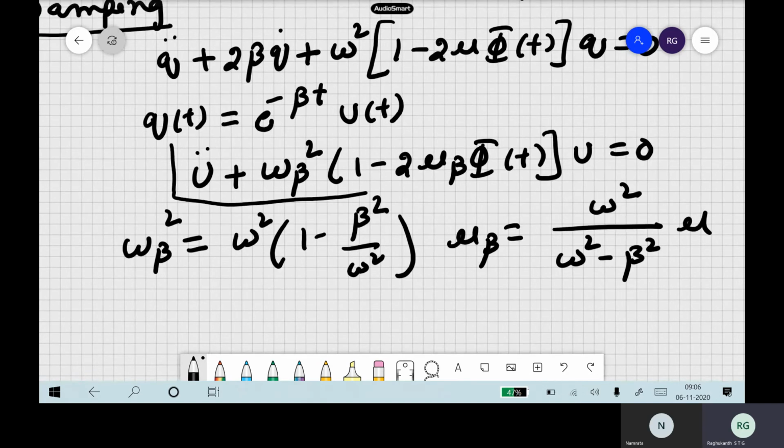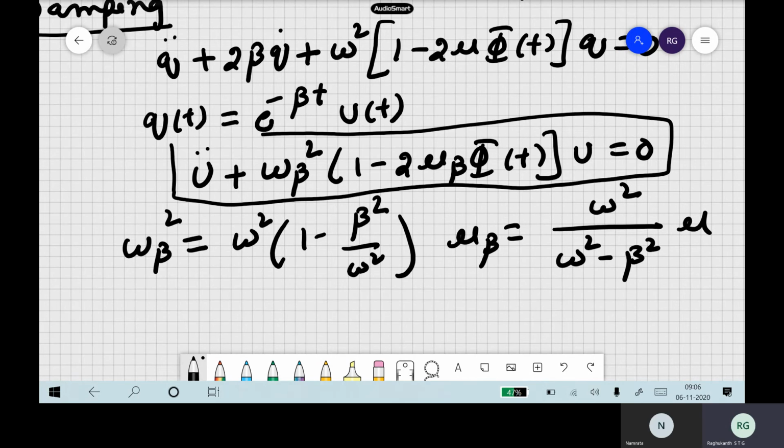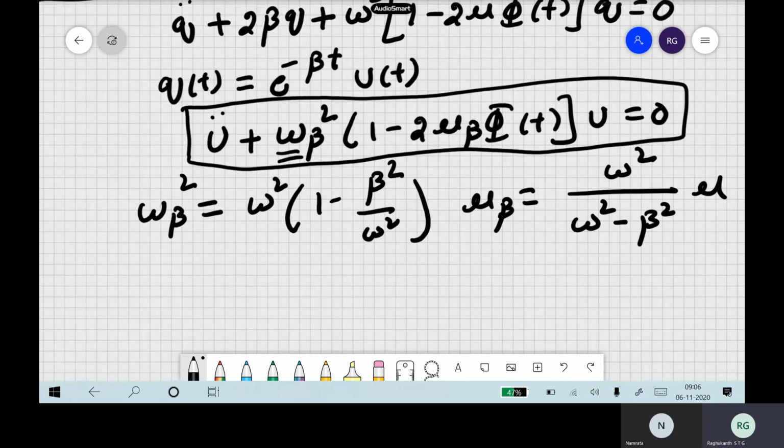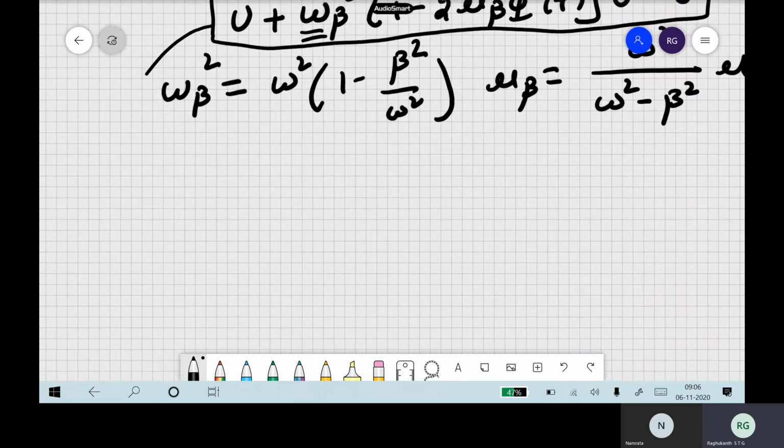So there is no change actually. Essentially, once again you will get the same Mathieu-type equation itself, with just slightly different terms. You can solve once again with the same concept, but instead of q we are solving for u. Once you know u, you can go back and substitute in q of t. Now the solution of this equation, we already wrote in the last class.